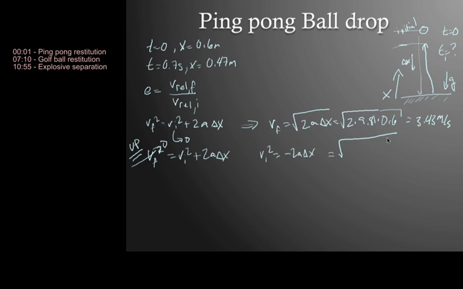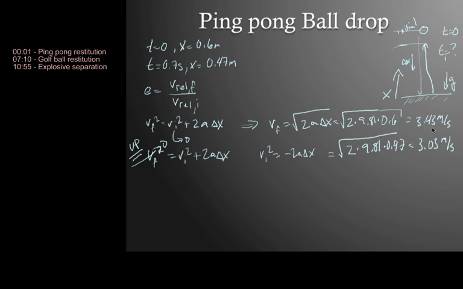So we pretty much end up with the same equation, 2 times 9.81. But in this case, our delta x is not 0.6. It is this 0.47. So we're going to end up with 3.03 meters per second. All right, so we see that indeed the kinetic energy of the ball was not conserved